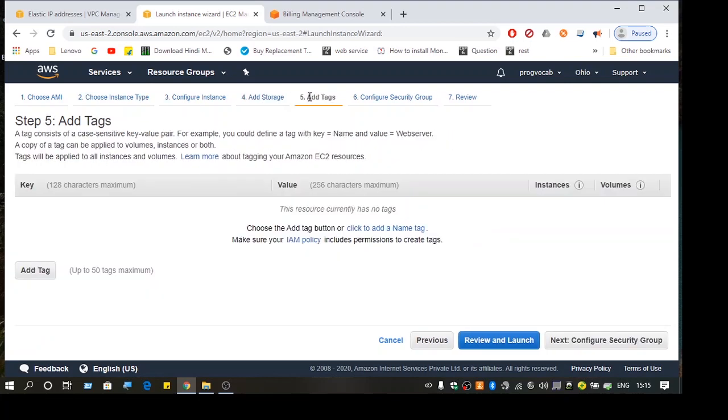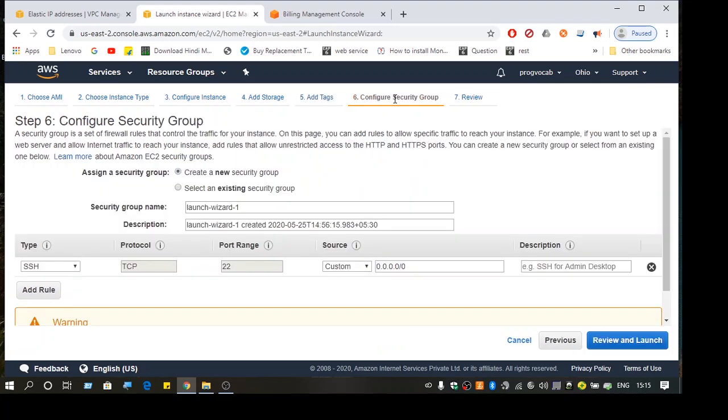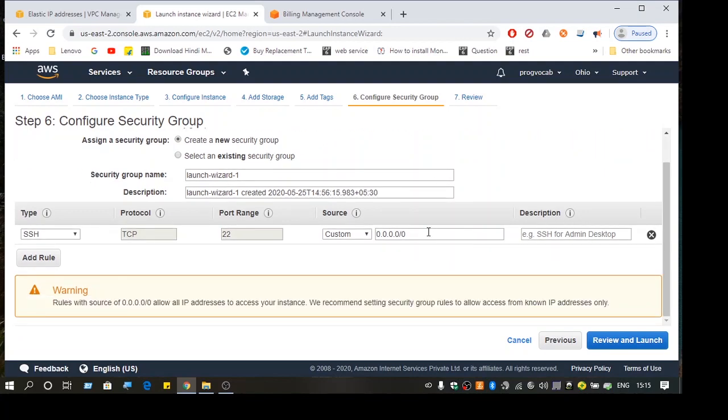Okay, security group is very important. Here you want to specify the rules, like how your instance will be accessible. We have a default one, the SSH TCP protocol, and you can see 0.0.0.0/0, that's the CIDR block. Whenever you see this, it means it's a block of IP addresses.